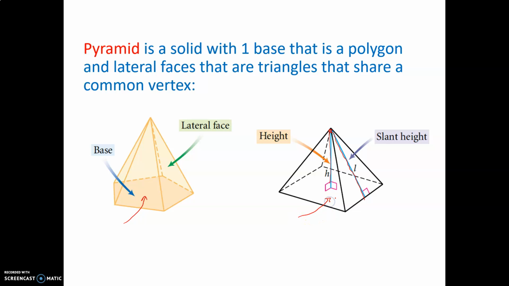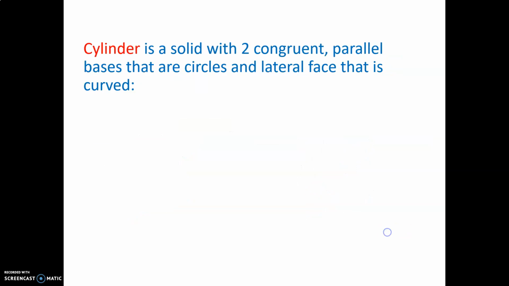Here, this is a rectangle, base times height, plus, and then I'd have to have 2 sides, 2 one-half base times heights, because they seem to be equal, and then the front and the back are also 2 one-half base times heights. A cylinder is a solid with 2 congruent parallel bases that are circles, pi r squared, so 2